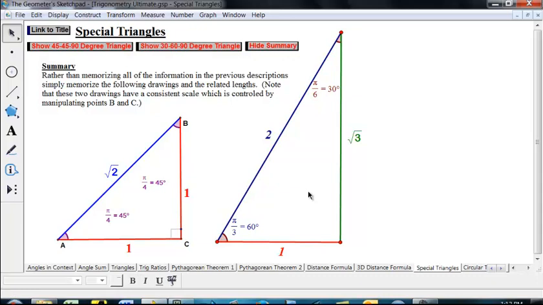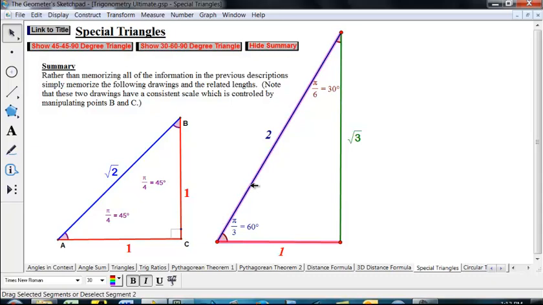And if you've got that memorized, then from this you can easily read off sine, cosine, and tangent. If we want to find the cosine of 45 degrees, there's your angle, you just do adjacent over hypotenuse. If you want to find sine, it's opposite over hypotenuse. If you want to find tangent, it's opposite over adjacent. Pretty easy. For pi over 3, this one's opposite, this one's adjacent, so square root of 3 over 1 is the tangent. Opposite over hypotenuse is square root of 3 over 2 for sine, and adjacent over hypotenuse is 1/2